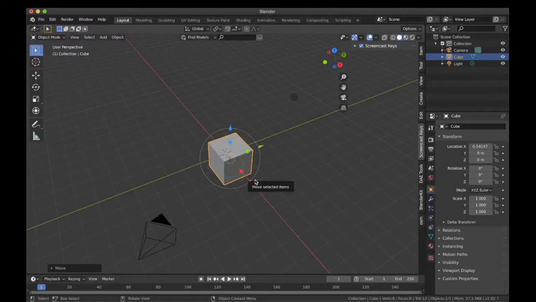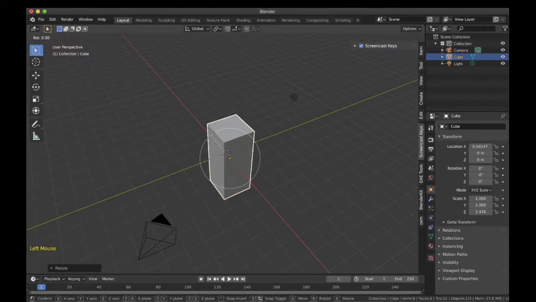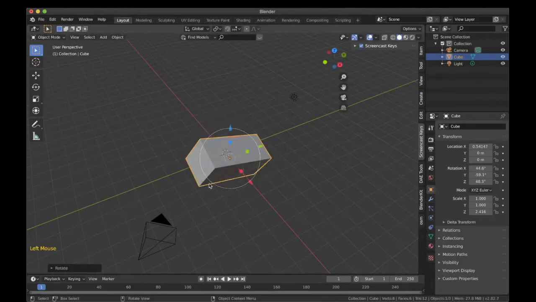I do not have to press any access keys or shortcuts. Also, you can scale the object just by pressing and it will scale along that axis. Similarly, you can rotate that object by selecting that circular option over here, so it will rotate. Gizmos are good if you want to use them properly, but in my opinion, within Blender, the shortcuts allow the workflow to be very easy. I would uncheck that option for now and you can check it out later.